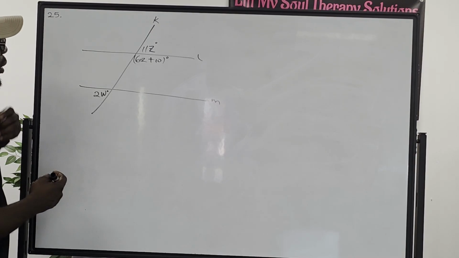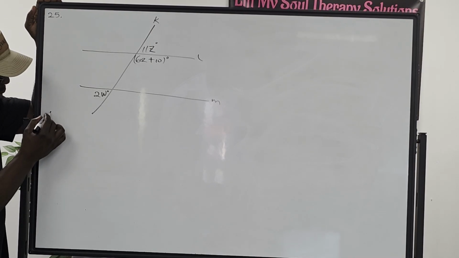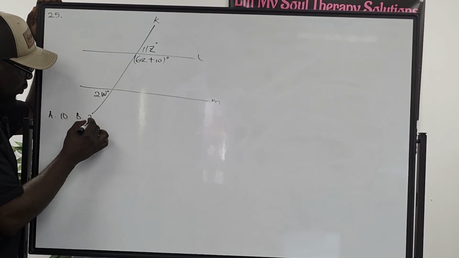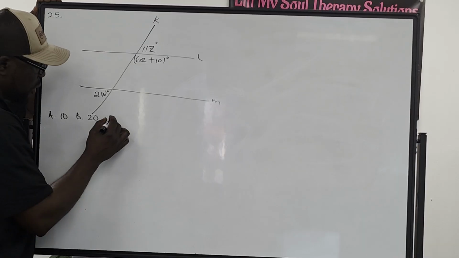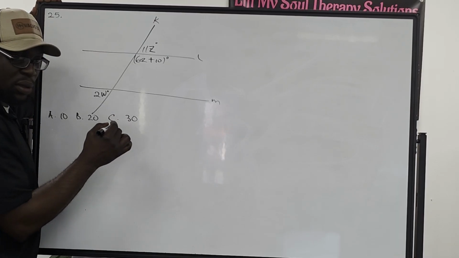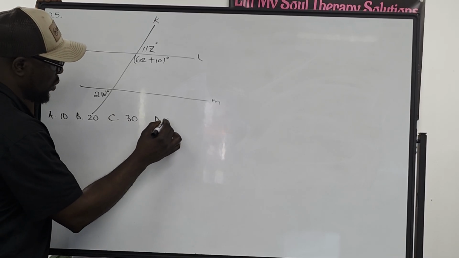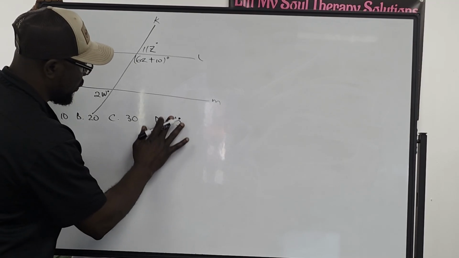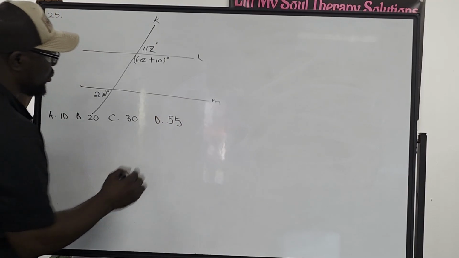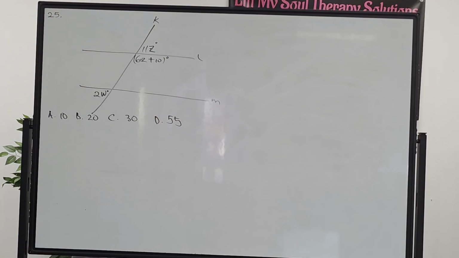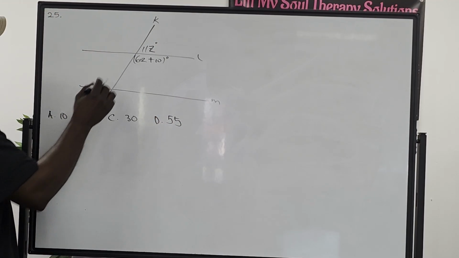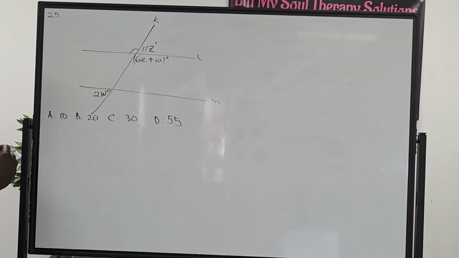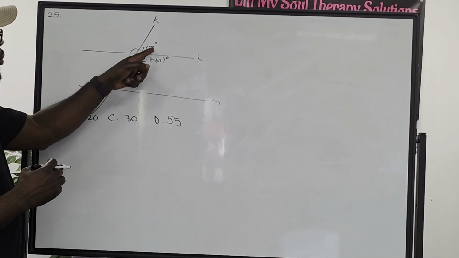That is the question. It gave us option A is 10, option B 20, option C 30, and option D 55. So that is what we have. If we know this, we know this. So first things first, let's figure out what this